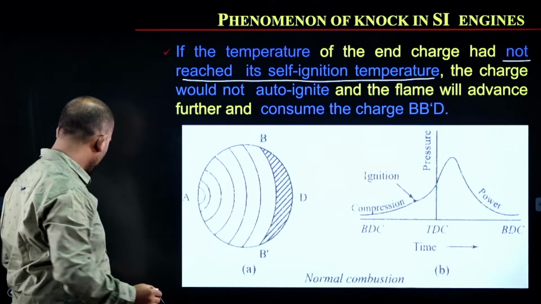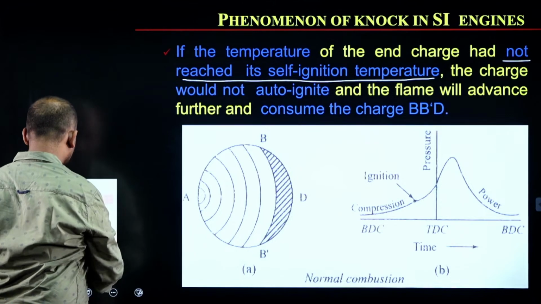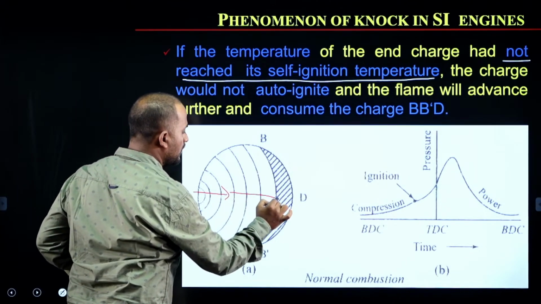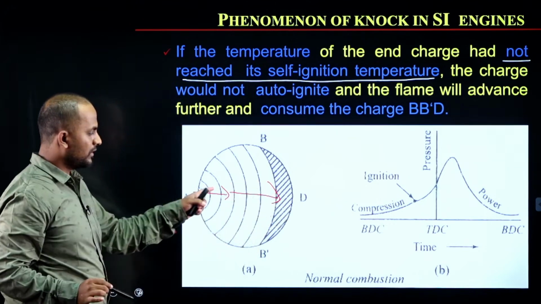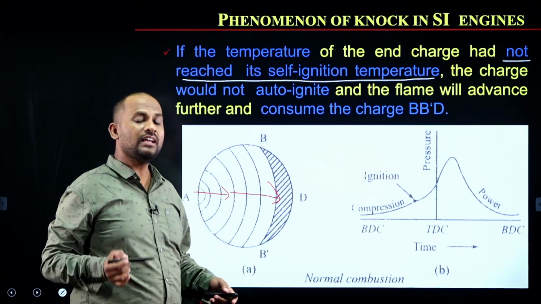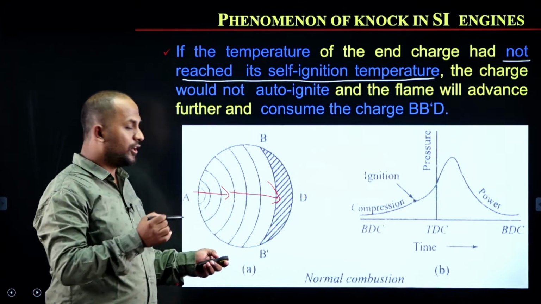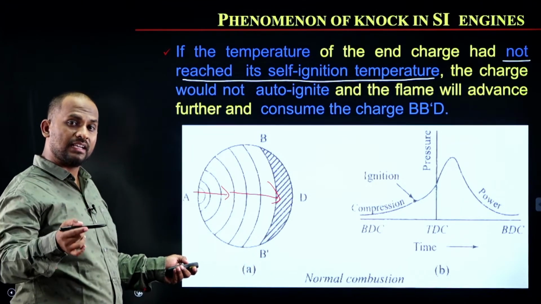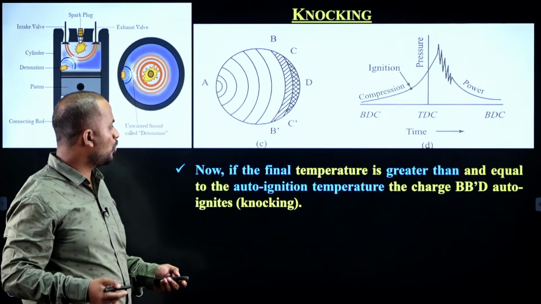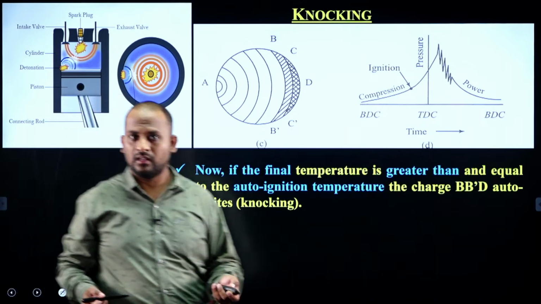The flame which is propagating inside will consume this charge also. The flame will be consuming this charge, thereby generating the heat energy. This will be continued. Now if the temperature reaches its self ignition temperature, now what happens is, now see